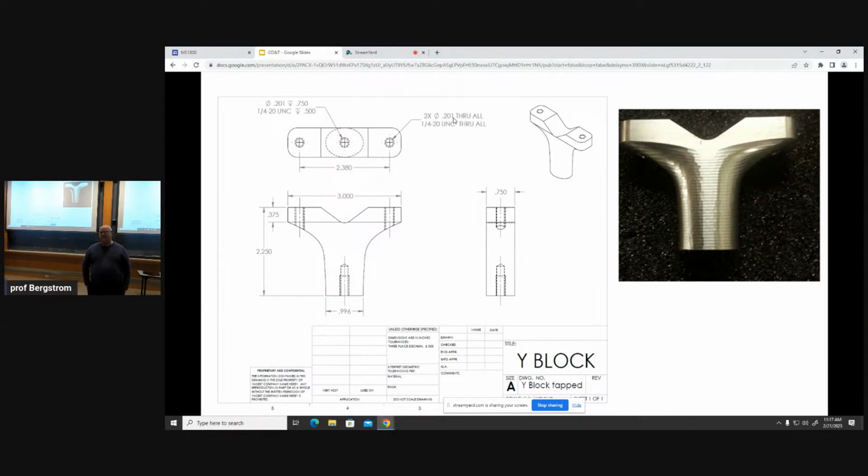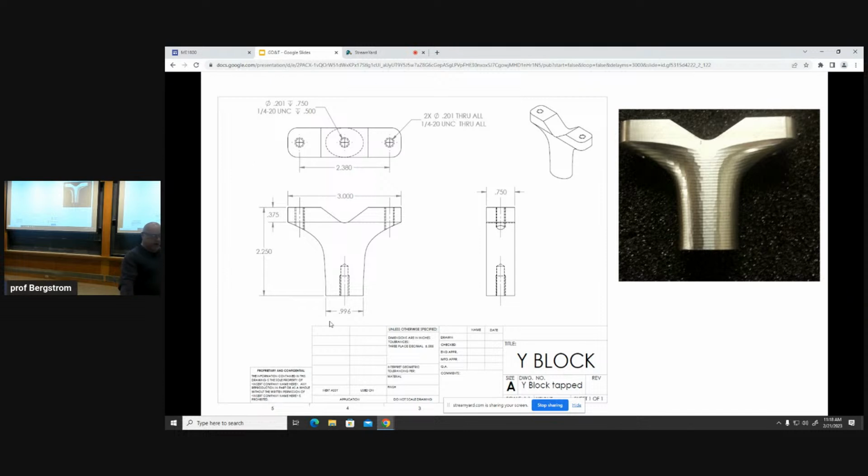Is that a good way to pick tolerances? Sometimes. The answer is sometimes. Sometimes that's a good way to pick tolerances because sometimes it's good enough. And you don't want to do work that you didn't have to do. You want to do the right amount of work, right? So you don't want to overproduce. But if we were going to functionally tolerance this,